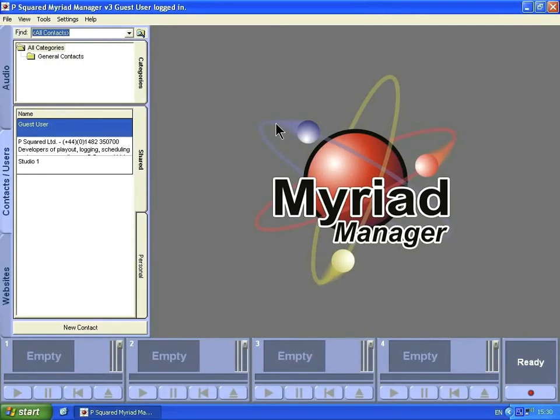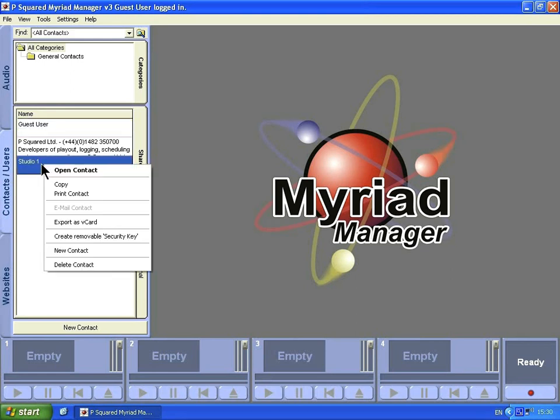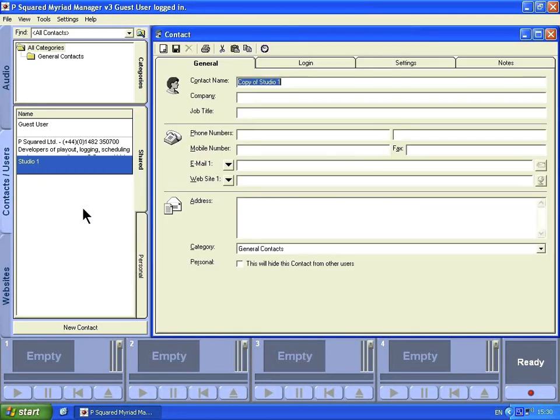So in this chapter we're going to take a look at users, the creation, security and history of users. And so I'll show you how to create a new contact. So we can go down to here to new contact, or if we want to we can highlight one and we can right click on it and we can go to copy, and that will create a copy of that